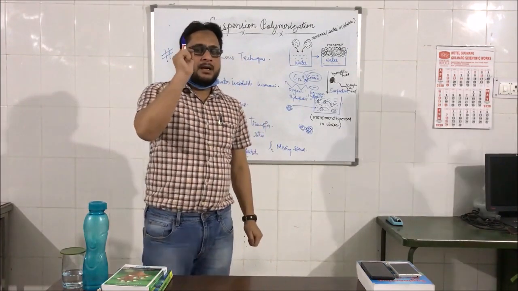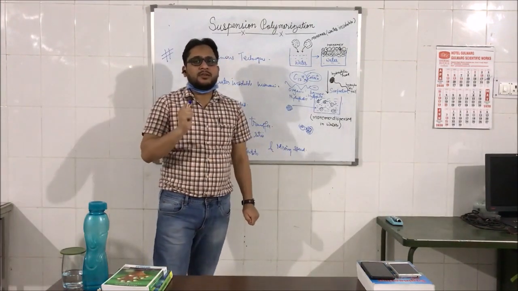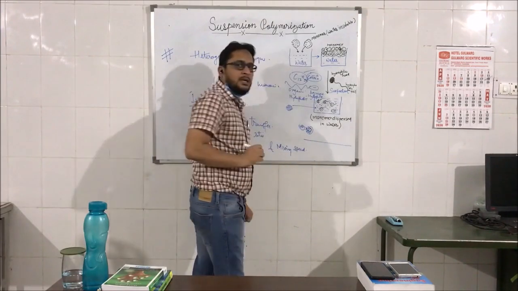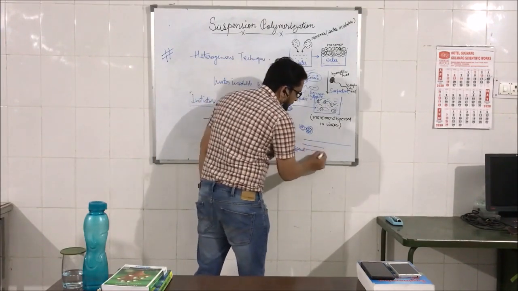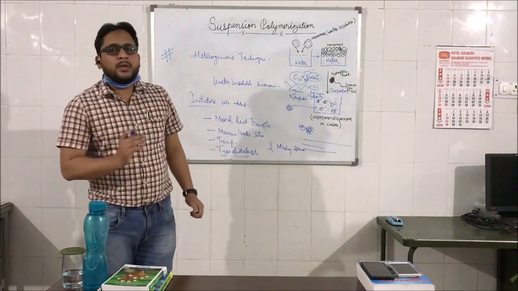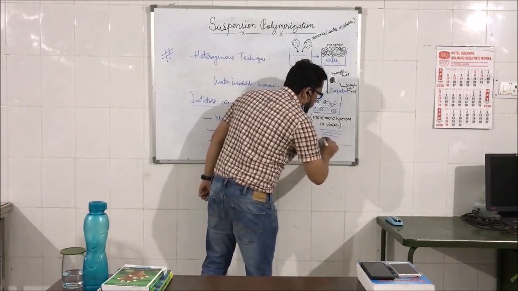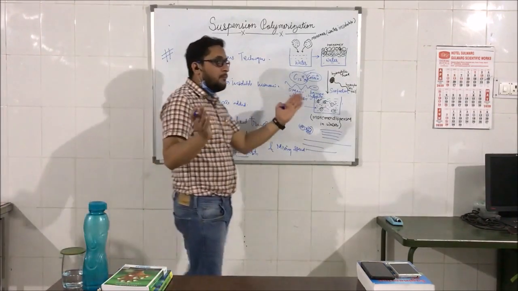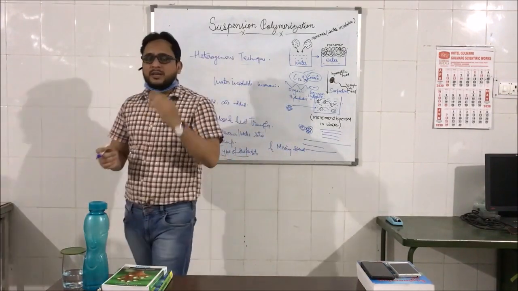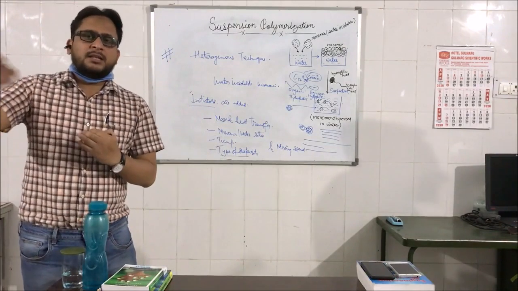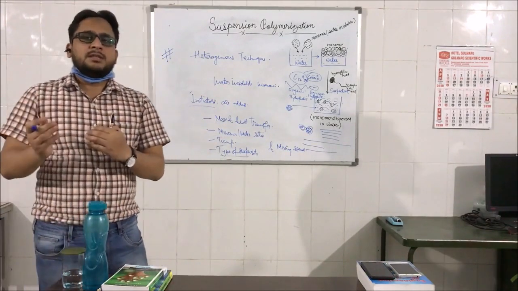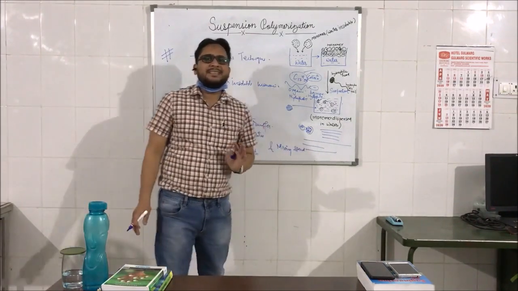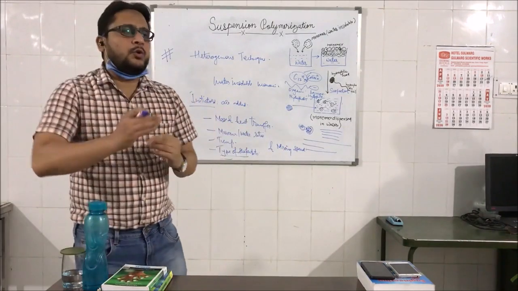This is the main beauty of this technique, because in most techniques, when you do polymerization, some of the polymers are very long in size, while some others are very short, while others are moderate. But in this technique, the size is almost equal. Therefore, the distribution of molecular weight is not broad. The molecular weight distribution is not very broad. The polydispersity is low. It tries to attain monodispersity, although it is not 100%. You can say the dispersity index is close to 1, so it is quite close to a monodispersed system.